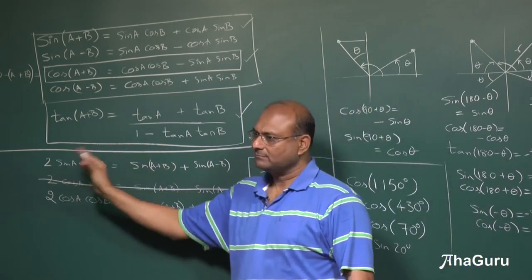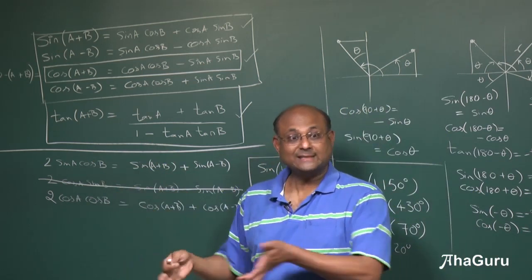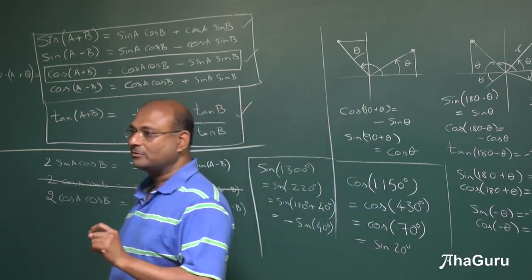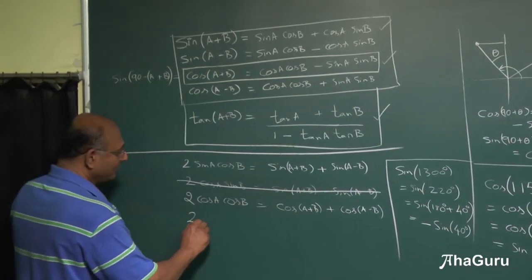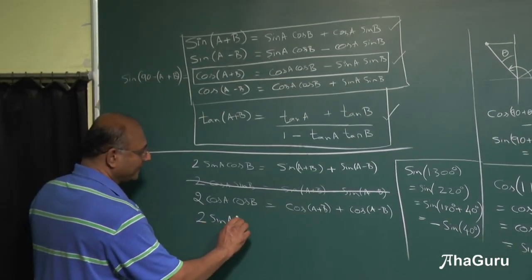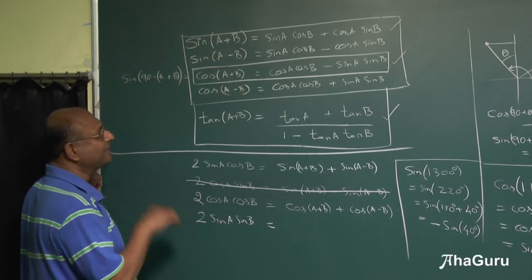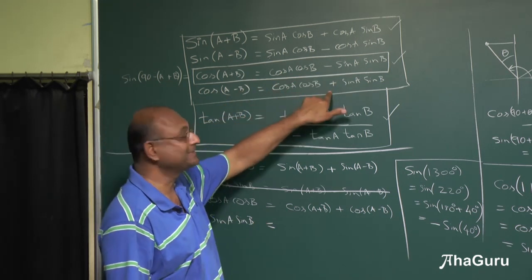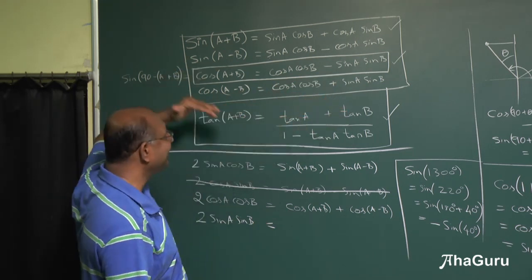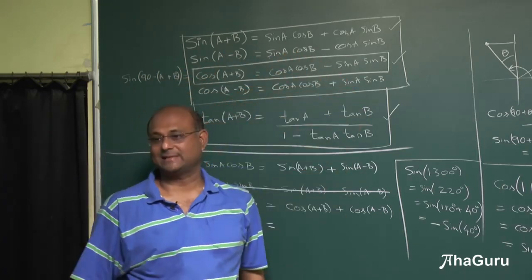Sine cos, cos sine. Okay, sine and a cos. Cos cos. What is the other option? Sine sine. What about 2 sines? What about sin A sin B? 2 sin A sin B. Now this is the irritating fellow. You see, that one has a minus and this one has a plus. So I shouldn't do this minus this. No, if I did this minus this, I'll get minus 2 sin A sin B.